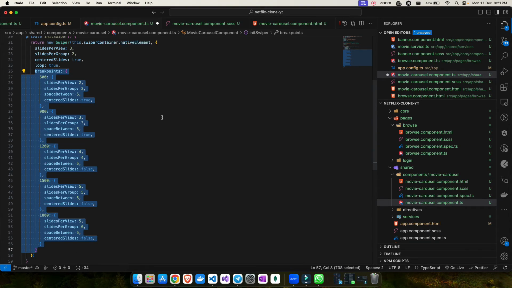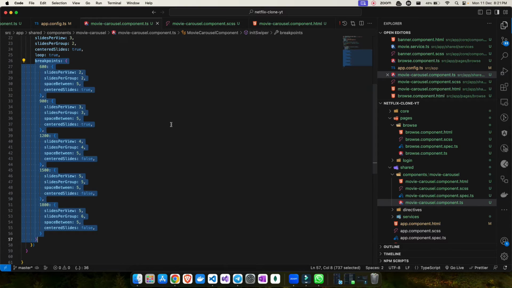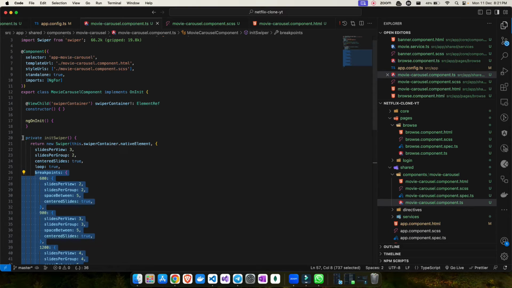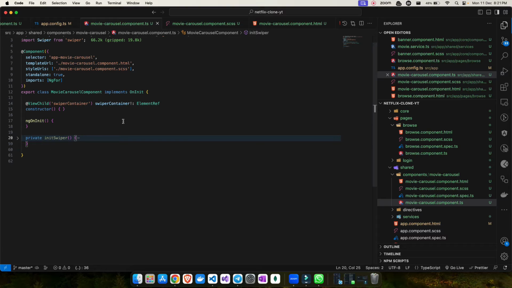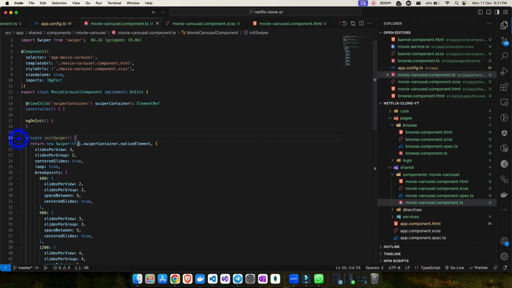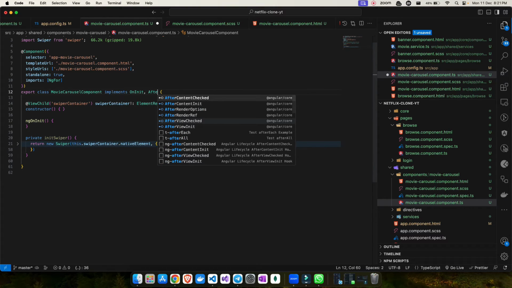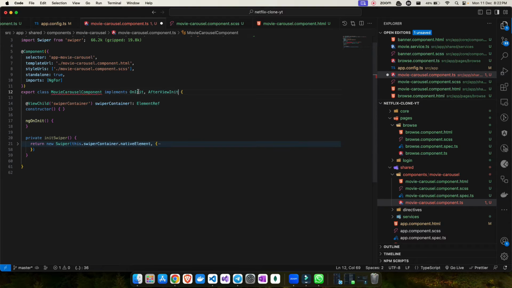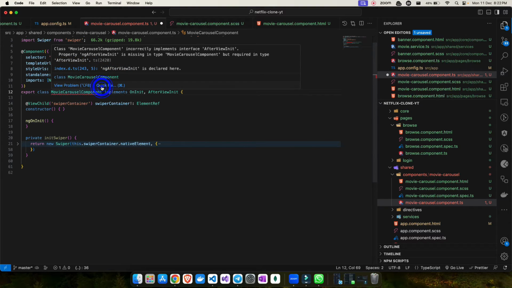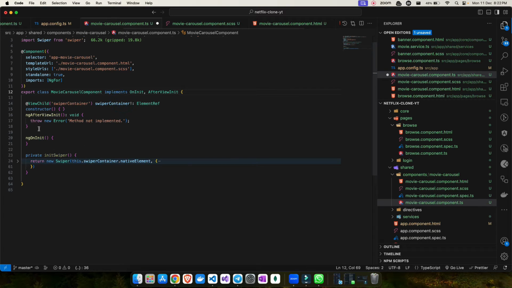All right, so that's what the main configuration was. Now as you can see, the swiper is initialized, but we are not using it. As this is all about view, because the swiper belongs to the view, and we are doing something in the DOM, which you want to manipulate, you can initialize this swiper in ngAfterViewInit. So let me take that interface, NgAfterViewInit. Once we have this, let's also implement the AfterViewInit lifecycle hook.